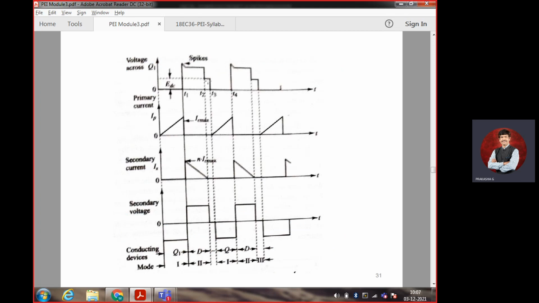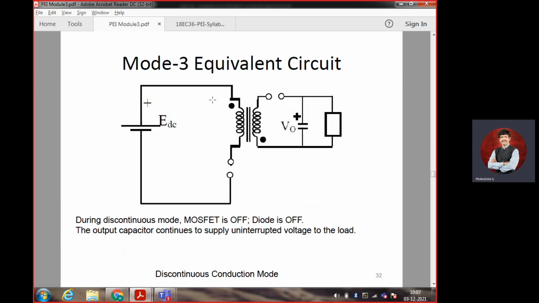We wrote EDC in the previous class, and it is going to conduct with respect to T1 and T2, and T2 and T3 also is going to conduct. This is Mode 3. In Mode 3 operation, the switch is open and the diode is also open. During discontinuous mode, the MOSFET is off and the diode is off. The output capacitor continues to supply uninterrupted voltage to the load because